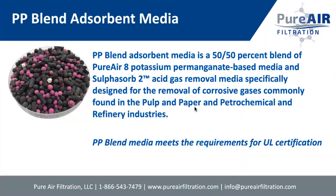I've seen where some people have asked for our CPS blend or our CPS 12 blend. However, this seems to be the real Iron Horse media blend for the data center application. So we have 50% of PP blend is our Pure Air 8 potassium permanganate, KMnO4, and 50% is our newer